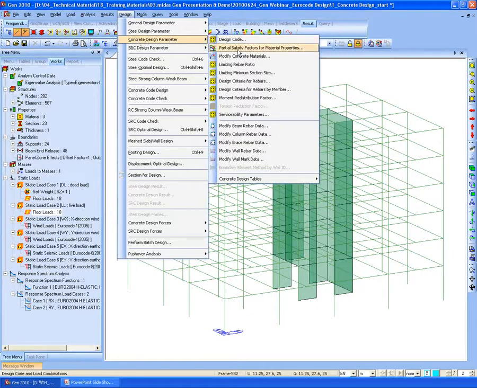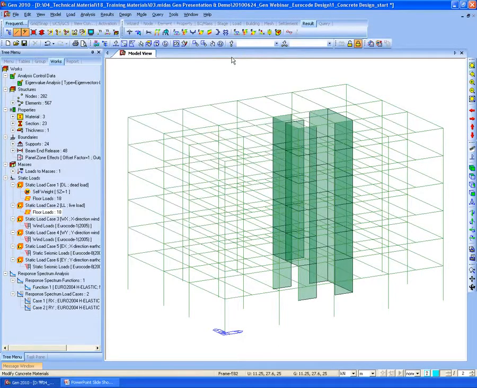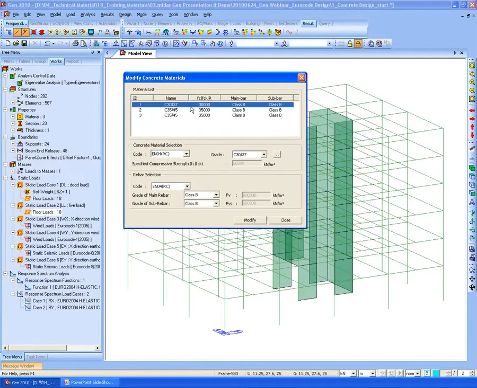Then also check the material. Go to the concrete design parameter, modify concrete material. This data is automatically entered if we use the database of the program, and also specify the rebar data. Modify.